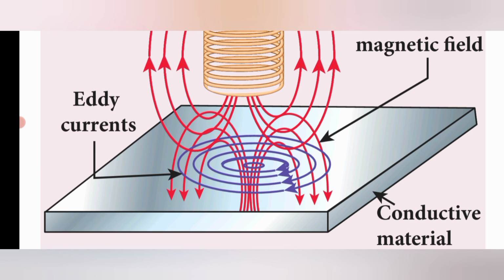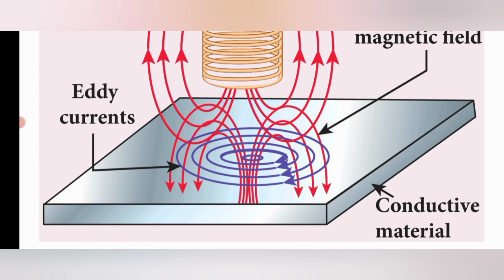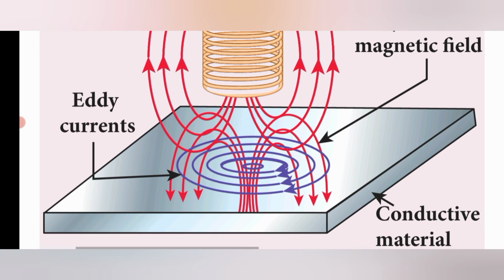When you apply the magnetic field on the specimen, eddy current is produced. The amplitude of the eddy current can change, and also the phase, that is the angle, changes. So the eddy current also reveals defects in this conductive material or specimen. That's why we find the defects in a specimen. For this we use eddy current testing.